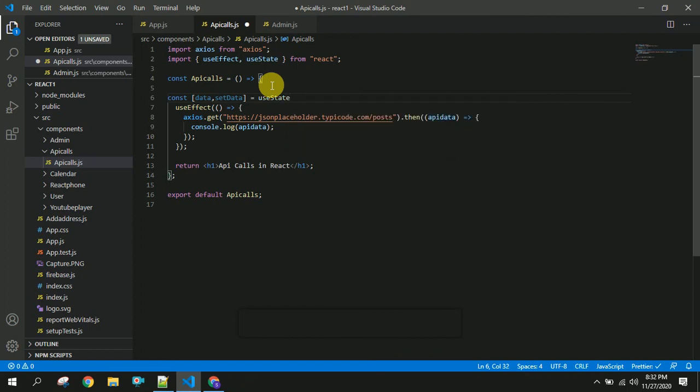It will auto import this useState here, and I will initialize this array with an empty array. If you are using any number, then you can use 0 like this, or if you are using any other thing like boolean, you can give false like this. So I am giving an empty array for initializing this.